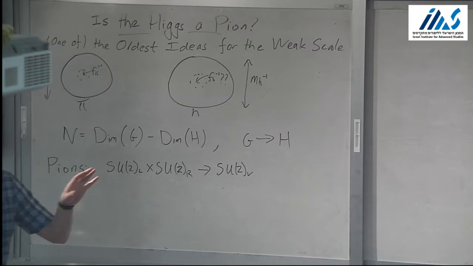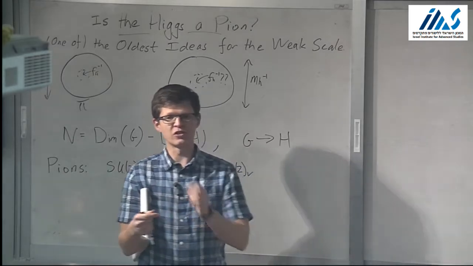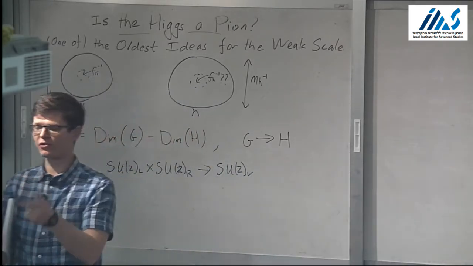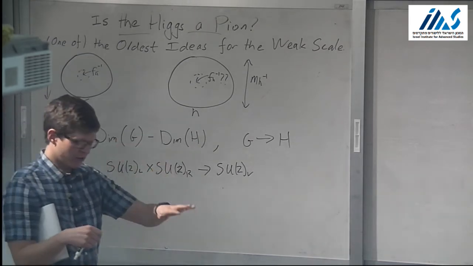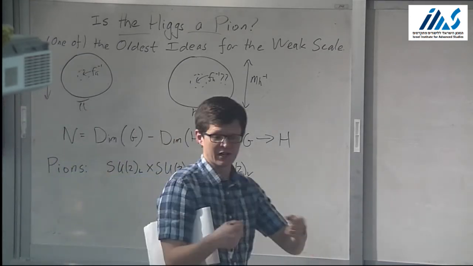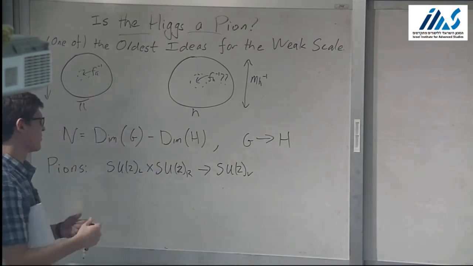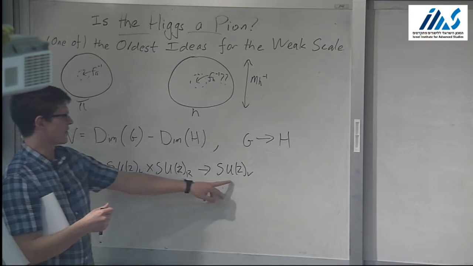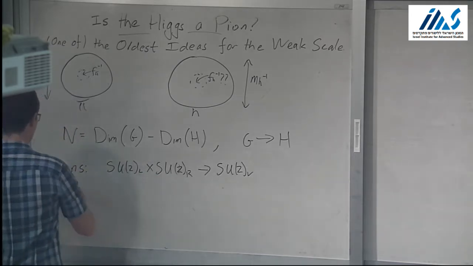So independently, now forget about the quark mass terms at the moment. If we don't have mass terms, independently we could do an SU2 rotation just on left-handed quarks and an SU2 rotation just on right-handed quarks, and nothing would ever change in the Lagrangian. But purely due to QCD making them confine and condense, you spontaneously break that symmetry, and all you have left over is an SU2 vector, which tells us that then the number of pions we expect, n pi,